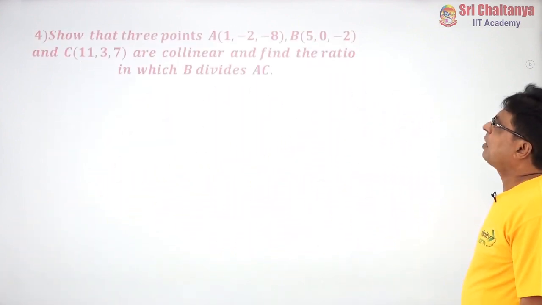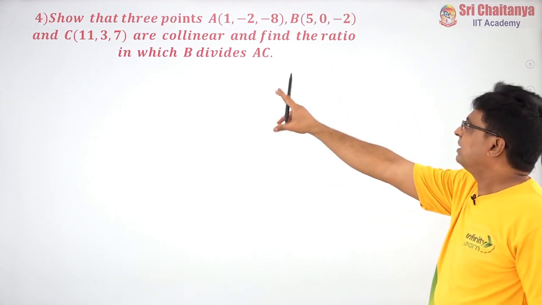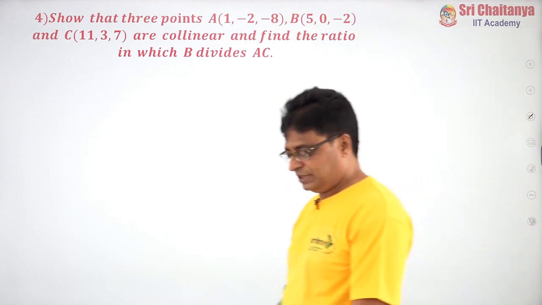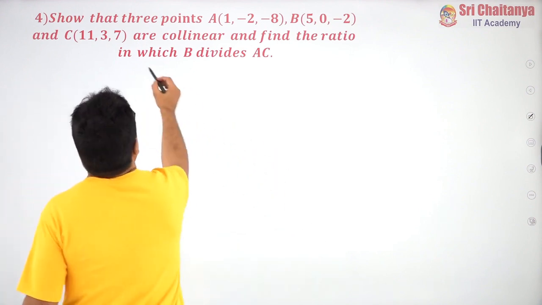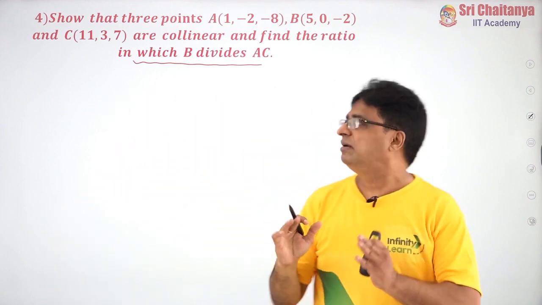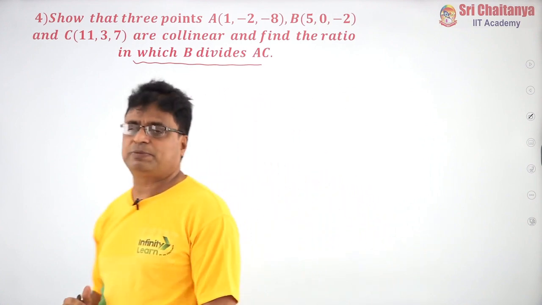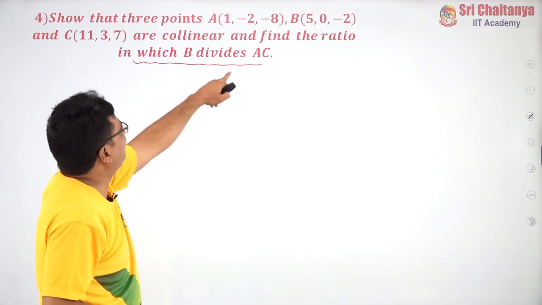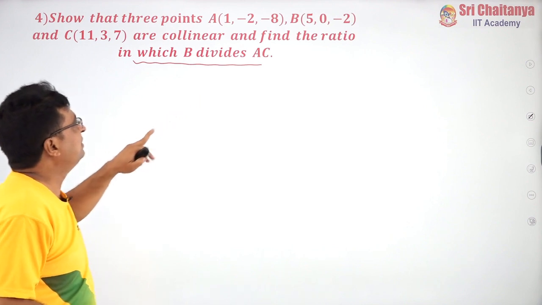Now, coming to problem number 4. Show that the points A, B, C are collinear. Find the ratio in which B divides AC. See, it is just like the previous model, but here again they added some extra thing. So we need to find the ratio in which B divides AC. There are several methods to solve this problem, but my suggestion would be, if they are giving some added information like this,